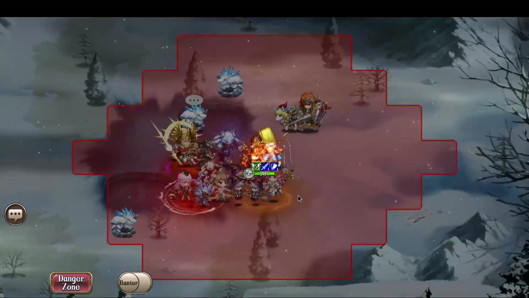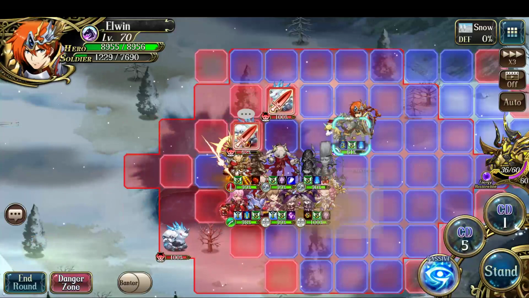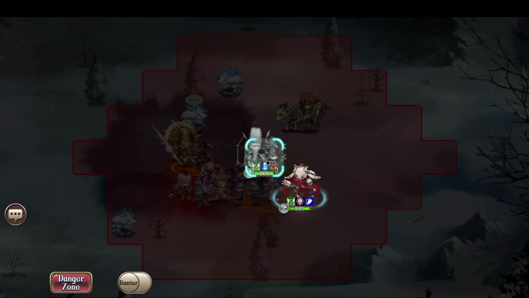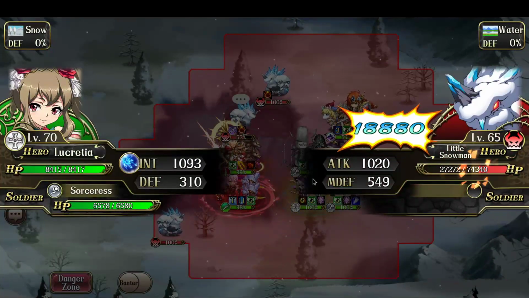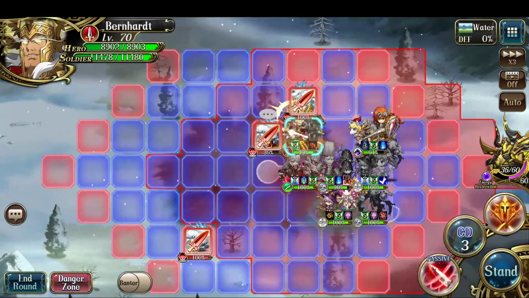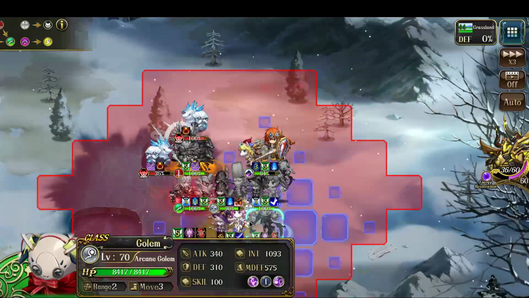Dropping the last group of snowmen. Okay. That's Reign of Glory. Frontal Assault's not going to be up for a long time. So let's refresh Egbert and have Lucretia shift back and maybe range attack. And have Hilda guard. And Bernhardt will faction buff. And finally Rozenciel will cast...